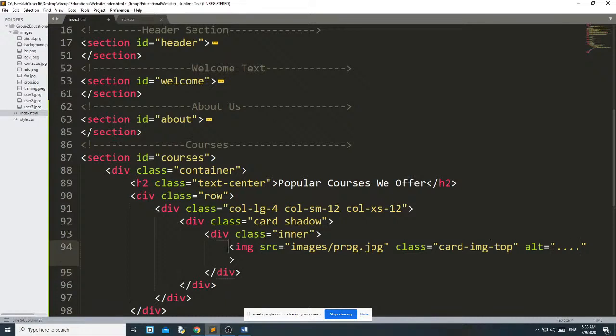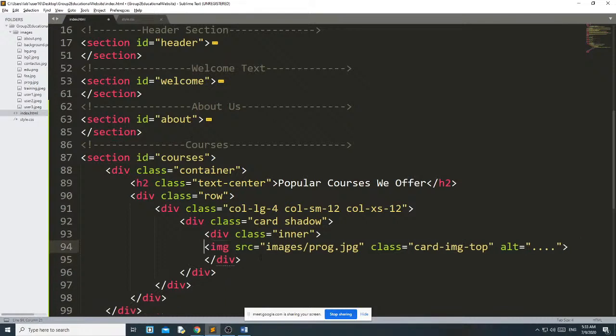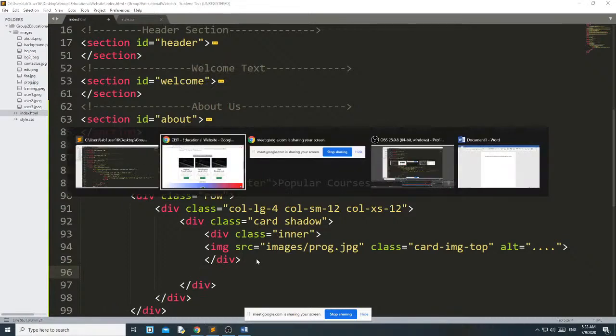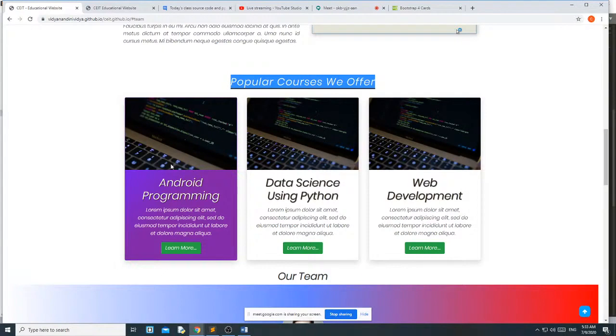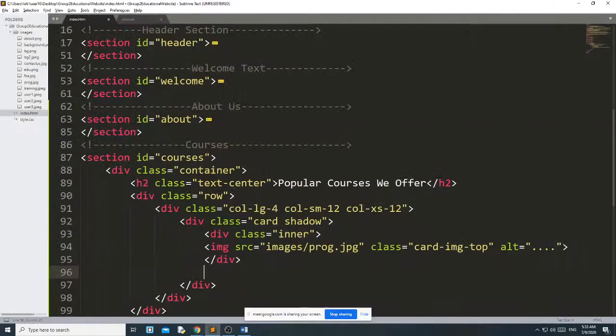Then close this div. Then what I want is the card body. This image part is over, then this card body. Then again div class card-body.